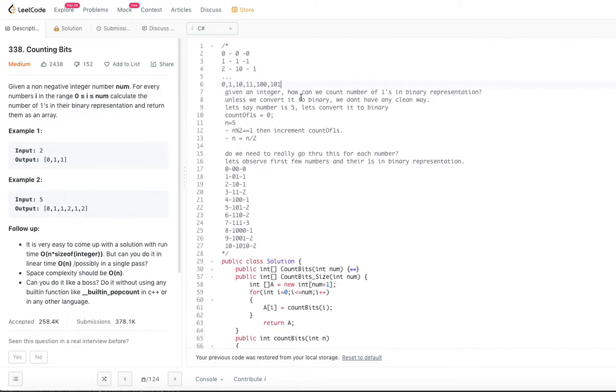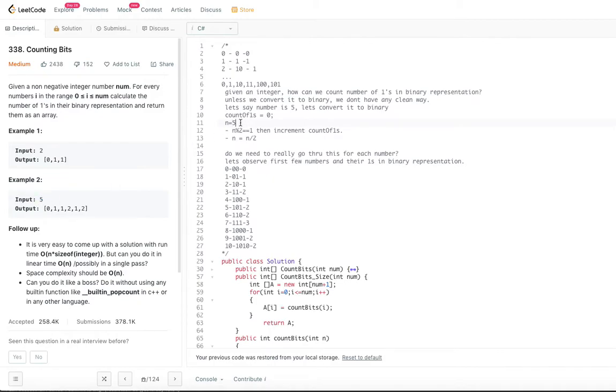This is just one number, so for every number we need to go through this process. Let's say the number is 5. Not the input 5 we were talking about, but just the number 5.